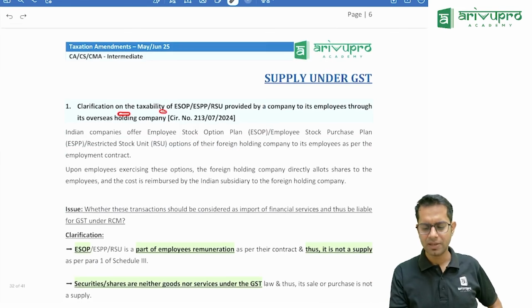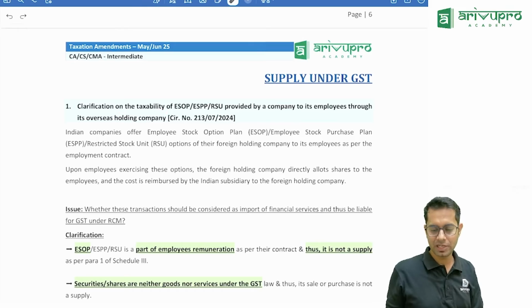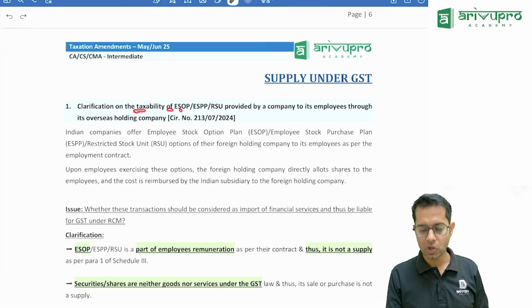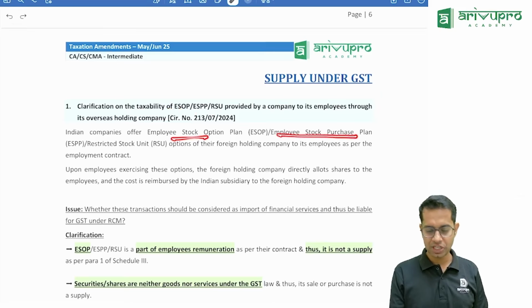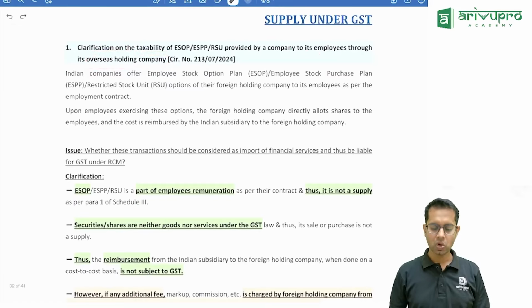Clarification on taxability. In indirect taxes, more than amendments, there are clarifications. More clarifications will be there. Clarification on taxability of ESOP, ESPP, RSU, meaning employee stock option, employee stock purchase plan or restricted stock units given by a company to its employees through an overseas holding company. So the question over here was,